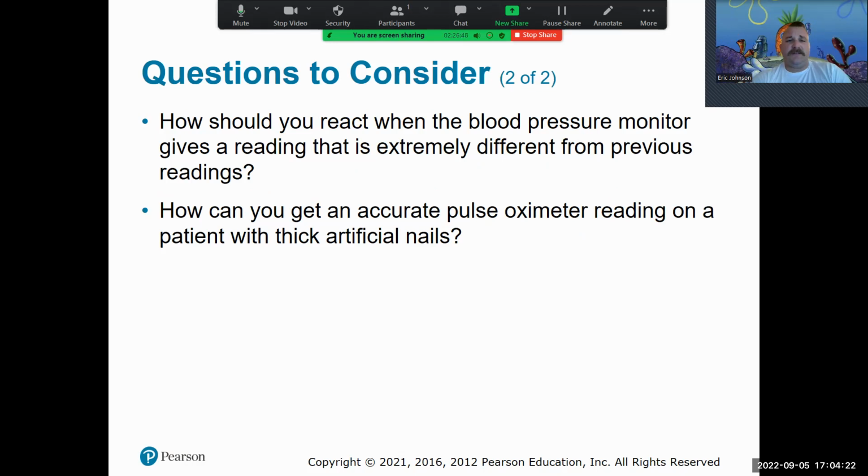These are the last of the questions. How should you react when the blood pressure monitor gives a reading that is extremely different from previous readings? Well, that typically means, and a blood pressure monitor is an electronic device, it's a computer, what that would typically mean is that either you were incorrect or the patient has gotten significantly better or significantly worse. So before you say, oh, I'm such an idiot, I don't know how to take a blood pressure,